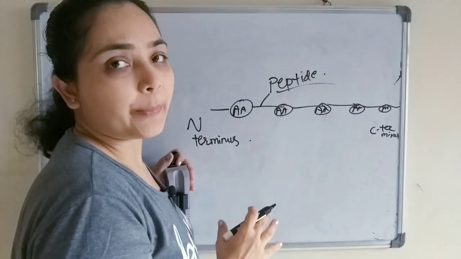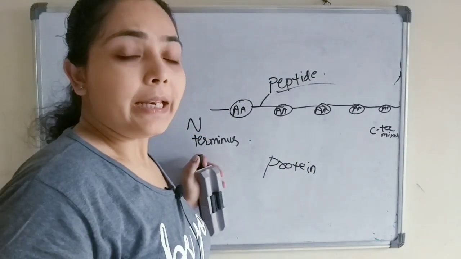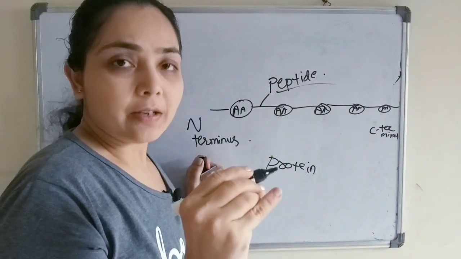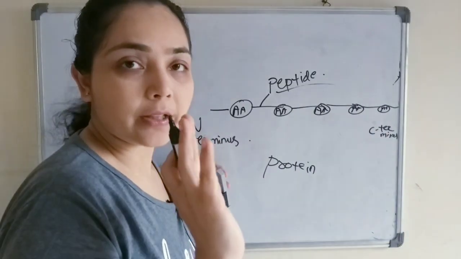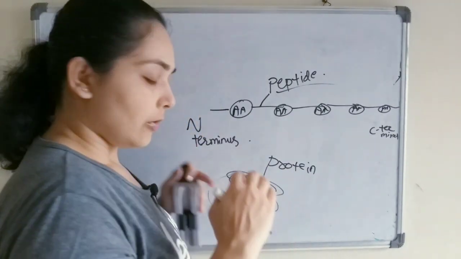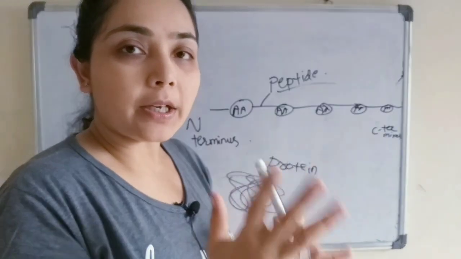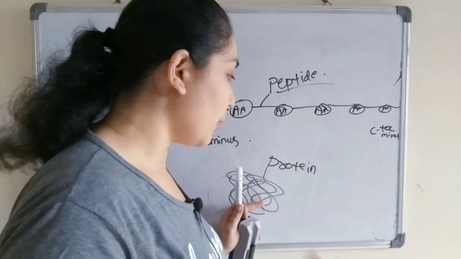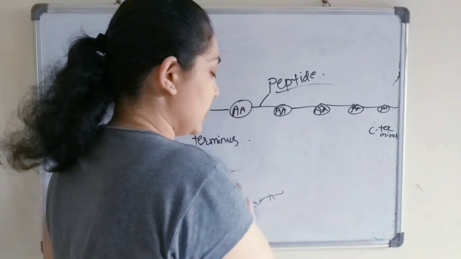We will see in detail how this peptide bond is formed. What is a protein? It is a polypeptide chain which is folded into a three-dimensional structure to form the functionally active protein. This we discussed in the last class. The functionally active protein is a globular structure, with the polypeptide chain oriented three-dimensionally in such a way. This polypeptide chain is made up of a string of amino acids.